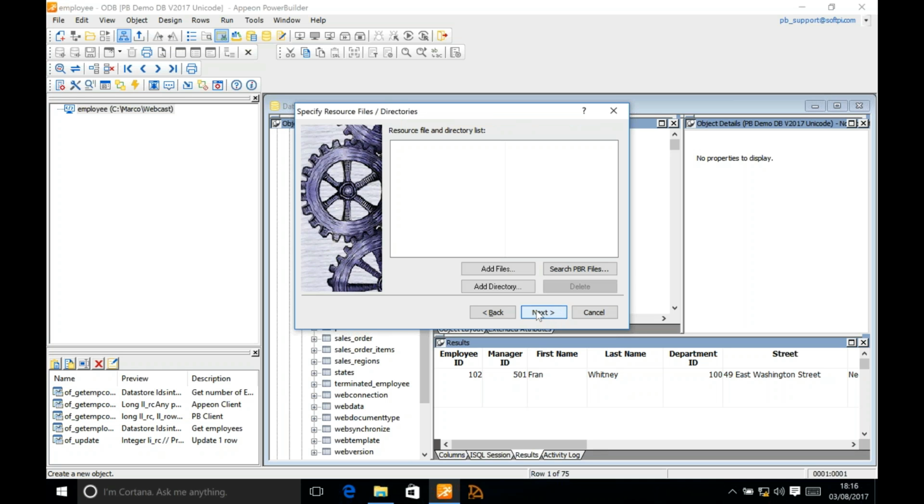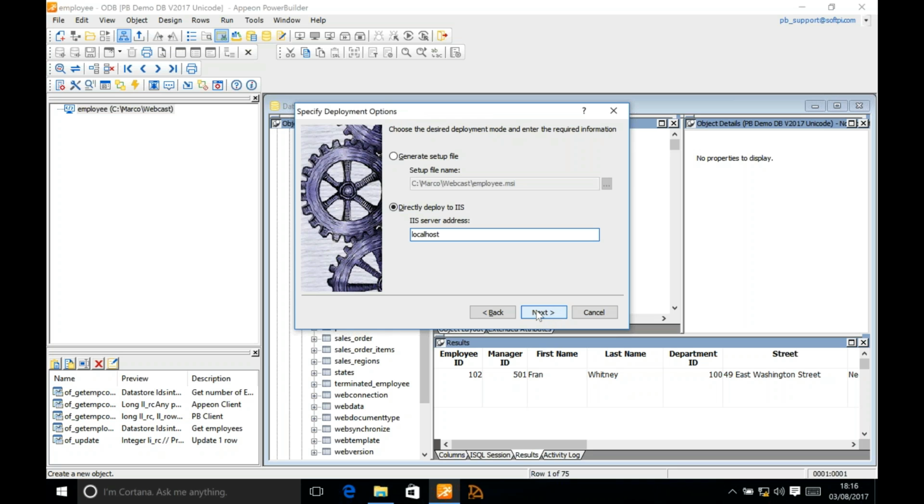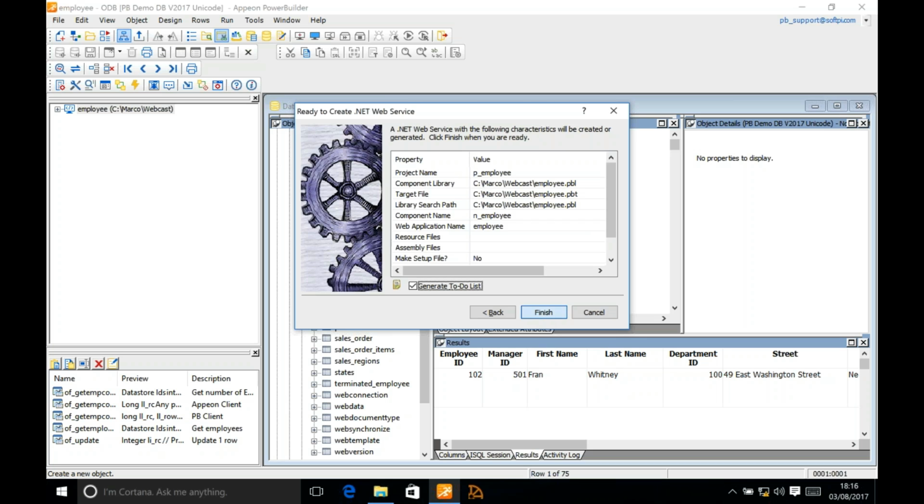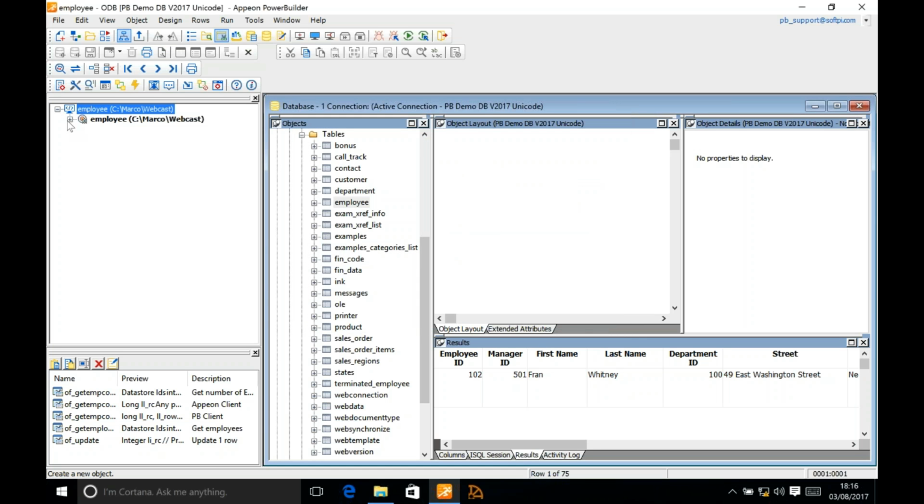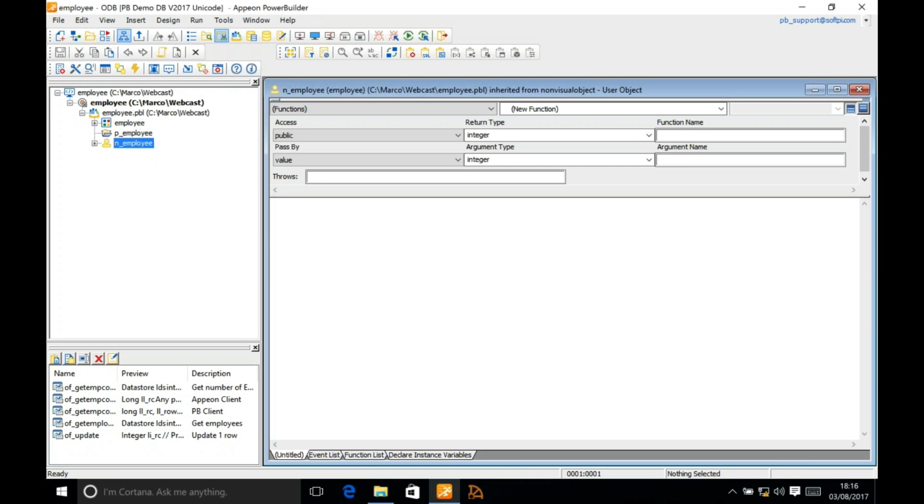We leave it employee, or in general, you can just keep the default name, and you complete the wizard. We say that I'm going to deploy the web service to localhost, and all the public methods of this NVO will become the web service functions. So I finish, and in fact here I have my new target, the PBL, and the empty NVO that I'm